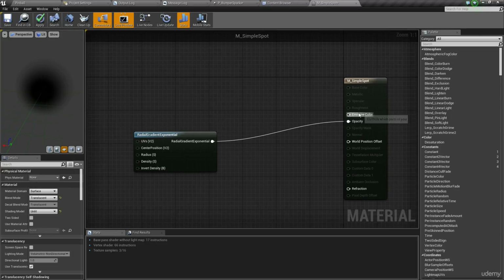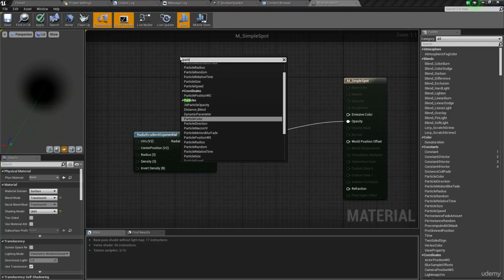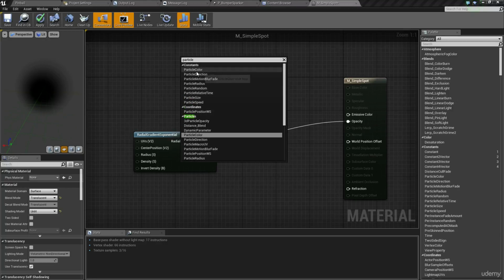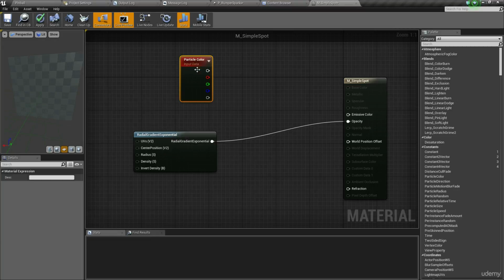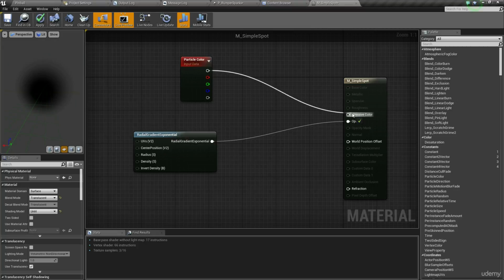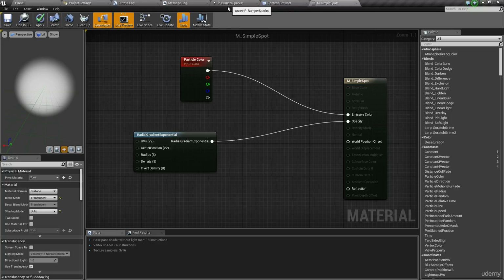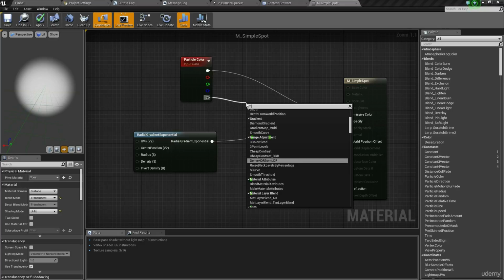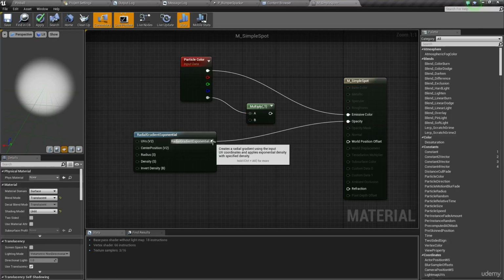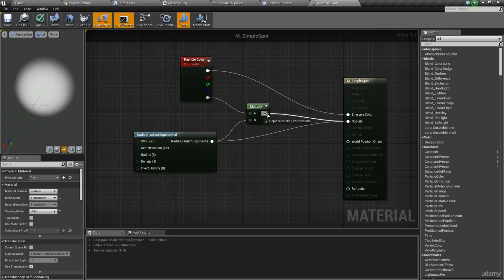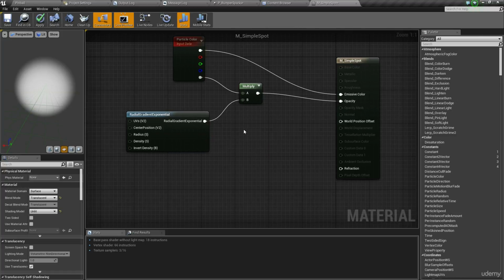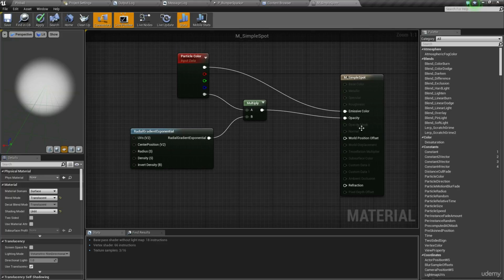I'm also going to set the emissive color by right-clicking, typing the word particle, and you'll see that if we go to the very top, we have Particle Color as an option. What this lets me do is any particle color that's given within the particle system will output this node. The alpha value is currently not tied to anything. So if I get this and multiply the alpha against the radial exponential, this lets me set it up so that this fades out, which is exactly what we want. So I've added a multiply, which plugs into the opacity channel. I've added my particle color, plugged into emissive color. I'm now going to save this particle system